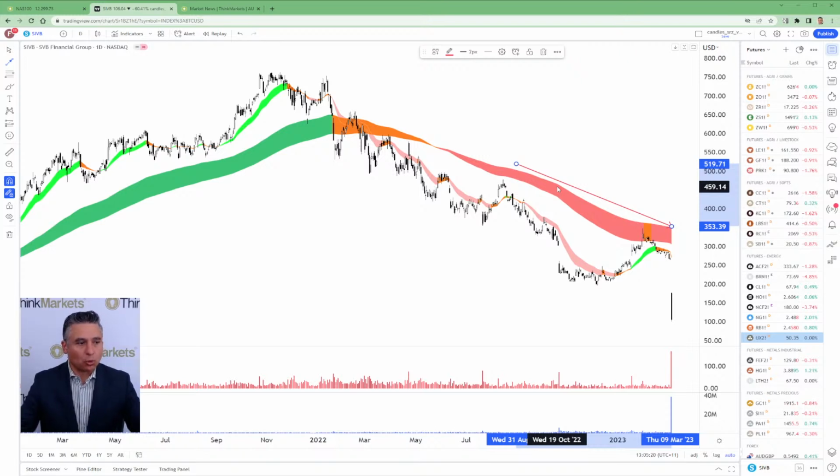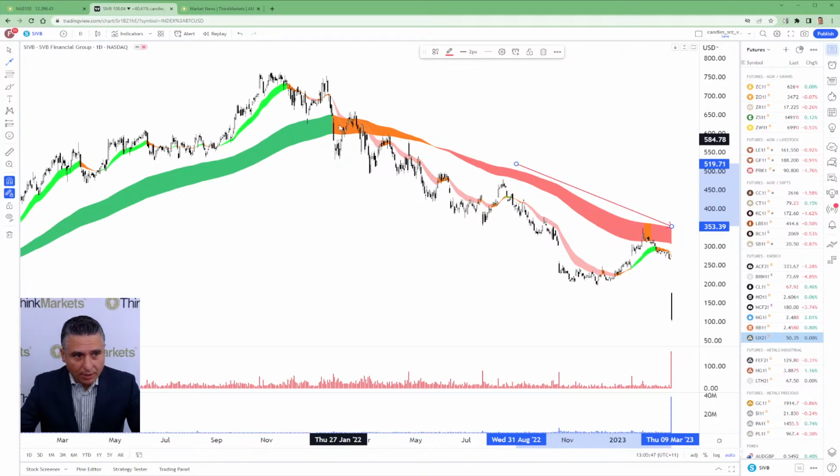So sure, if you're a fundamental analyst, you might have missed the mismatch in the bank's assets. But if you're a technical analyst, it would have been no surprise to you that this bank was potentially in trouble. And we can see the realignment just prior to that of that short-term trend, again, going through that light green zone into the amber zone, and maybe even switching to pink just before the collapse. But there are plenty of opportunities within there to get out of this investment, saying, hey, look, this is probably not the right place to be.